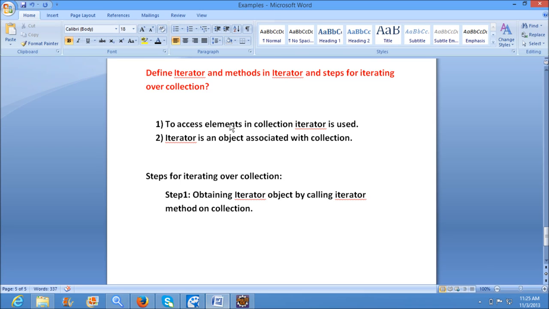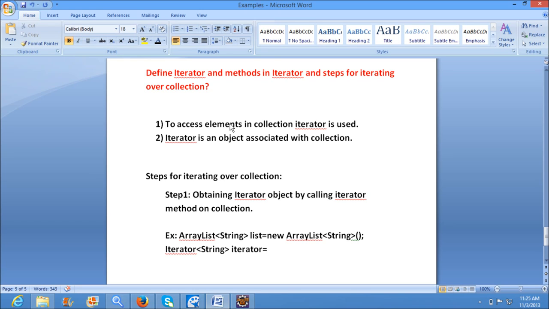For example, List<String> list = new ArrayList<String>(); Iterator<String> iterator = list.iterator();